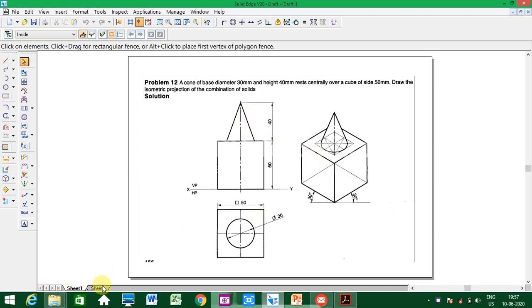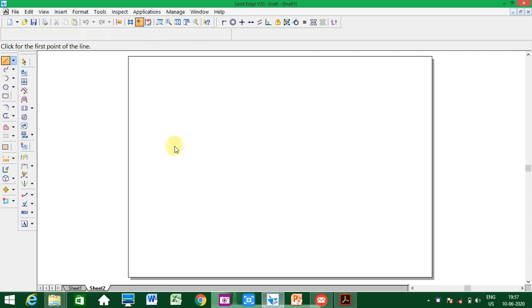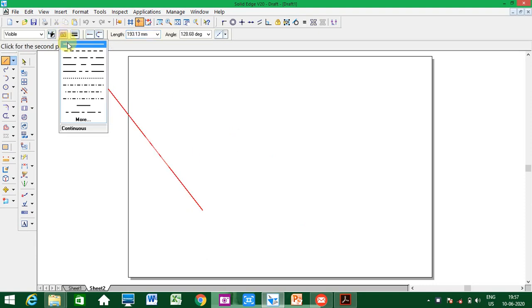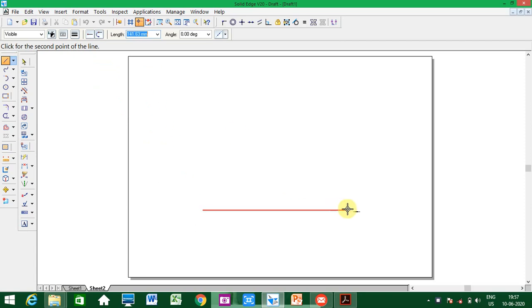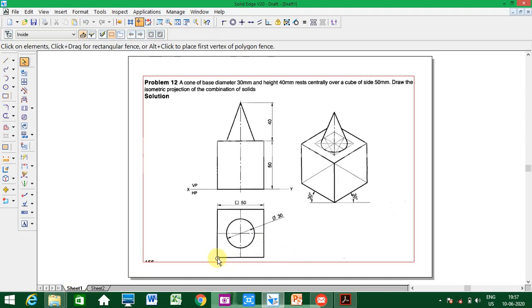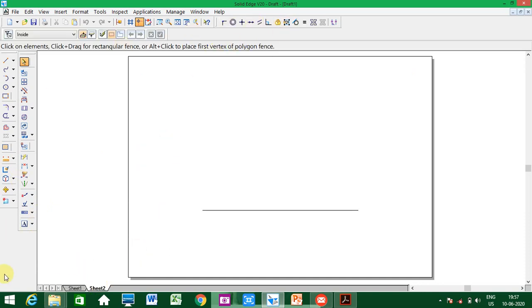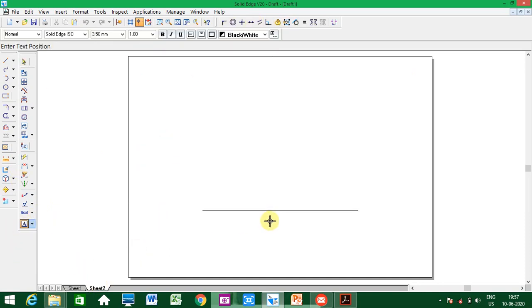So how to draw the cube here? Isometric cube. First you draw a line. I won't draw at the top, but somewhere below. I'll draw a thin line here first. Take one point here, and you know that it is 30 degrees. I'll take this corner as A, just my reference. This is A.